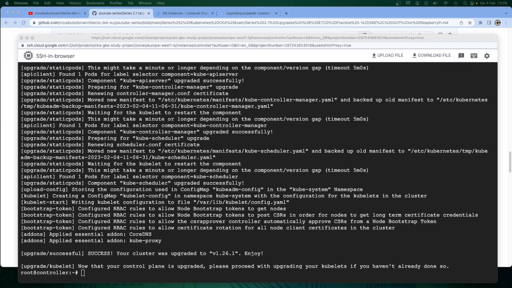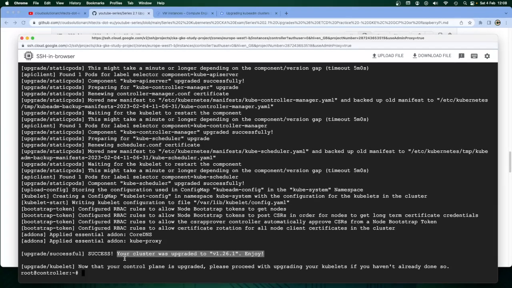Okay, so that has been a success now. It says your cluster was upgraded to this version. Please enjoy. That honestly took me about 3 minutes. That's how quick that was on GCP here. So that was really, really quick. And I know I have only one controller